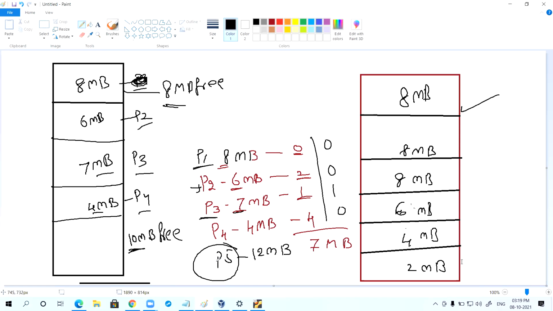Can you tell me some solutions? The solution is, this P2 process, if you move here, and the P3 process, if you move up, can I say we can adjust the space here?